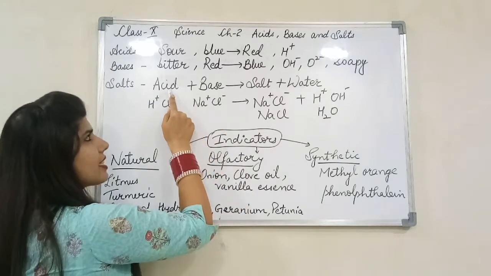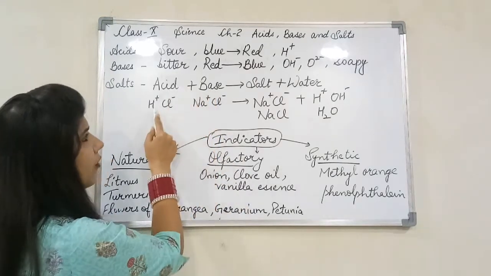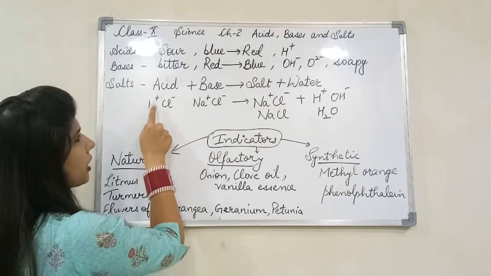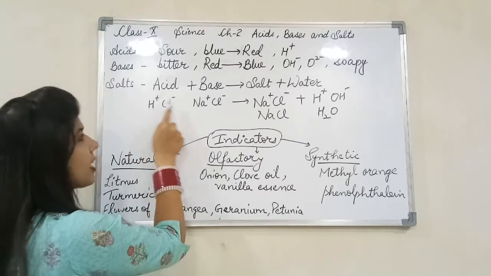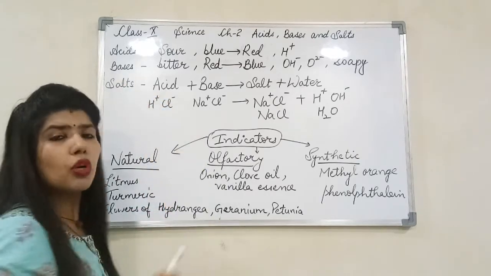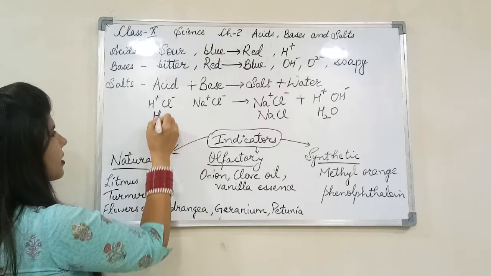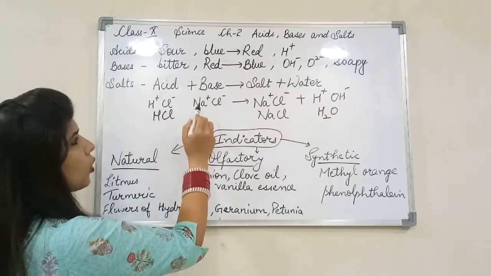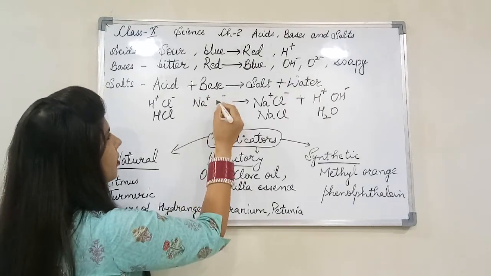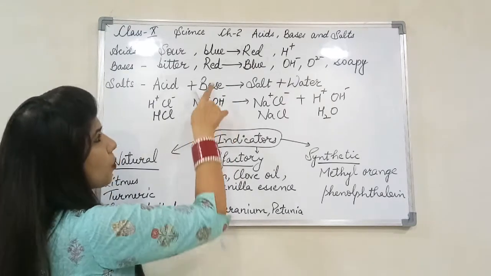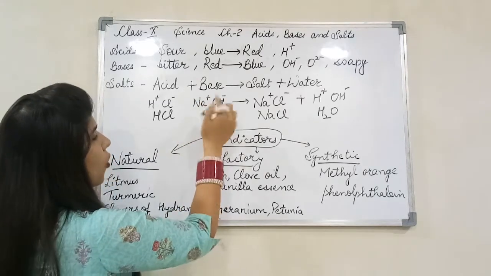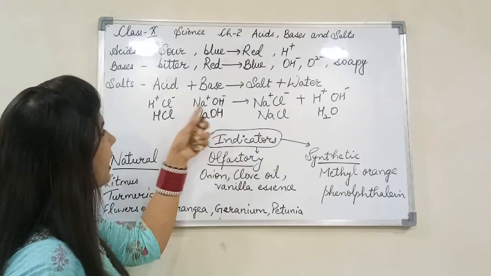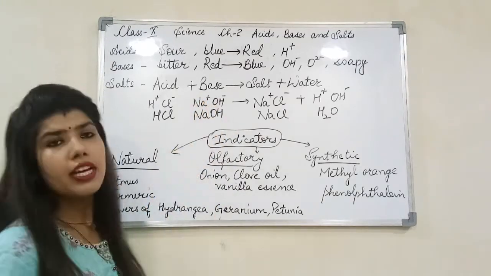It is made from acids as well as base. For understanding, I have written the reaction in this form. H positive, Cl negative. I told you they are compounds made up of a cation and an anion. Cation is positively charged, anion is negatively charged. Suppose I am talking about the acid, that is hydrochloric acid, HCl. It's made from H positive and Cl negative. The base I've taken over here is Na positive, OH negative. So which is the base? Sodium hydroxide. It's made from Na positive cation and OH negative anion.